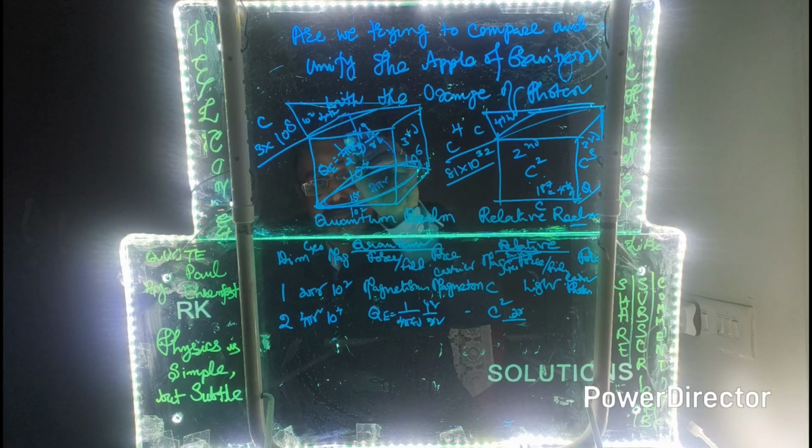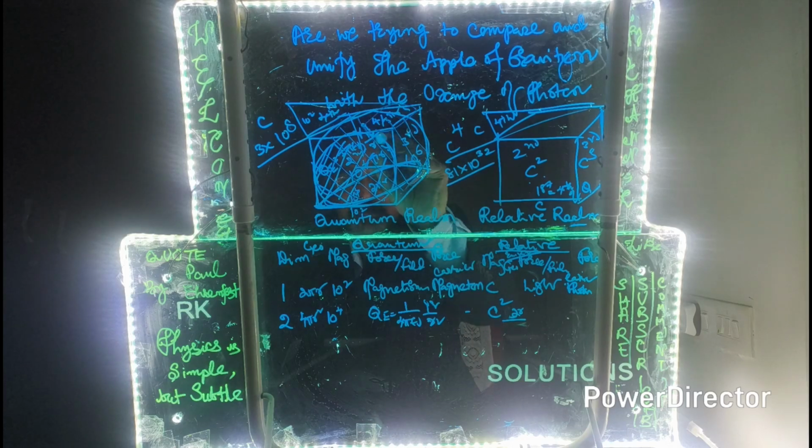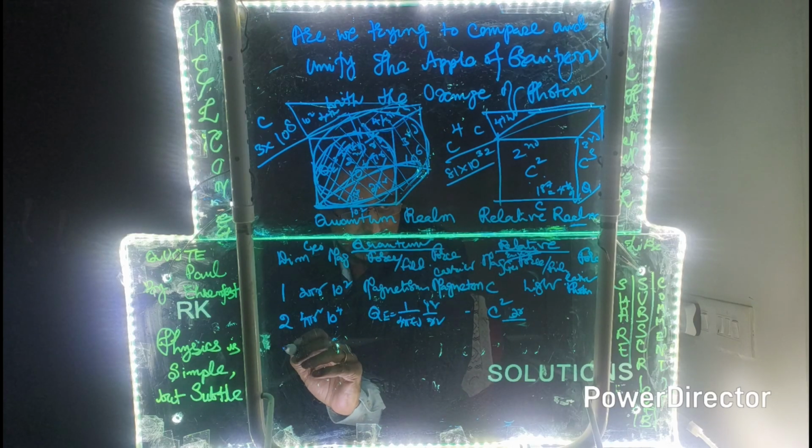Then we go with this circle. This is the pi r square. 10 raised to 4 is equal to pi r square. And then we go for 4/3 pi r cube. That is this whole sphere, let's say, the whole sphere, including this length. So that is 4/3 pi r cube. So third one, okay,